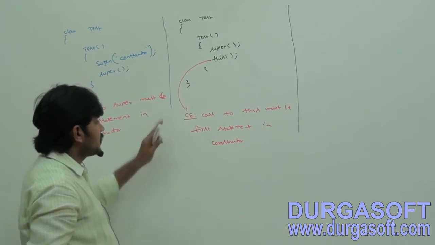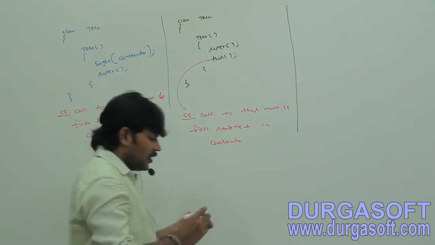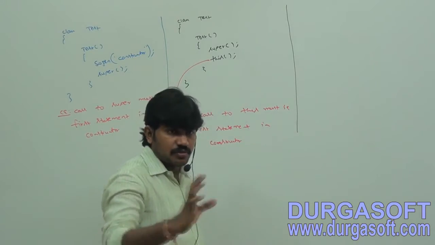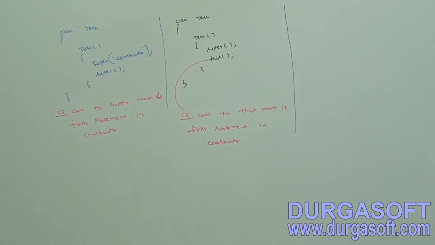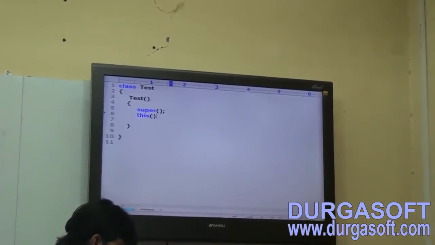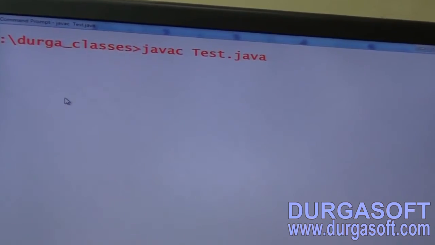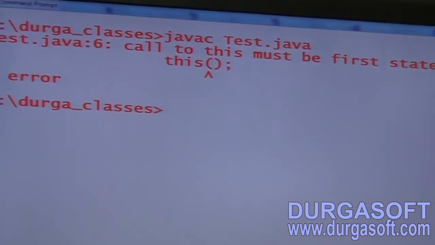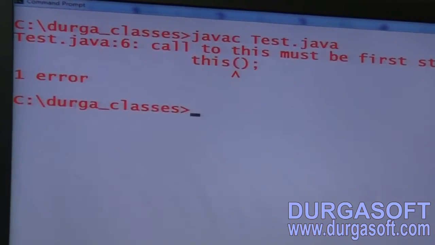Okay, this is the second possibility, case 2. Now let me execute this code. Here observe this one. I am taking this also. Is it valid or invalid? Have you observed? Call to this must be first statement in constructor.